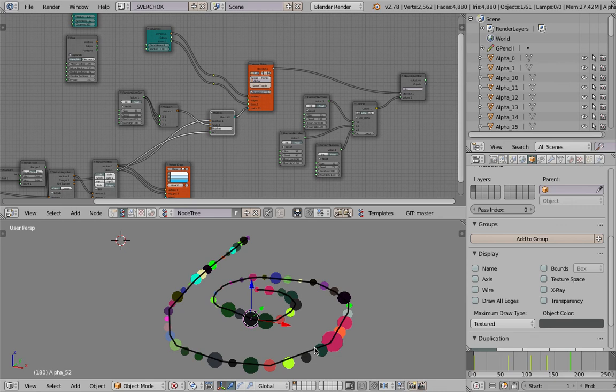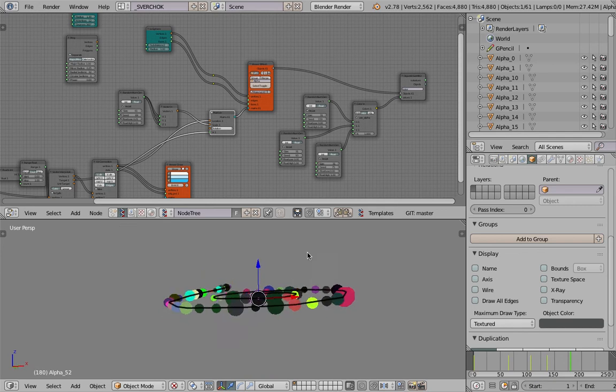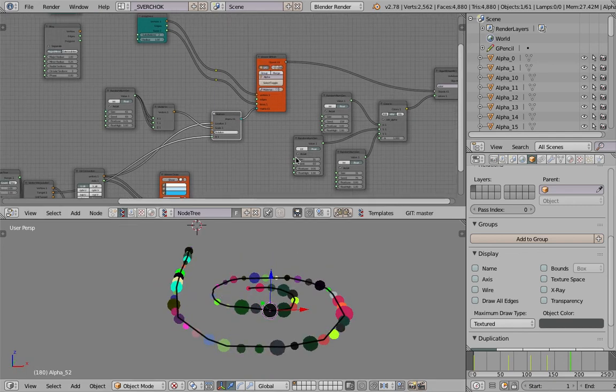Yeah, so that's pretty much it. It's an exploration of the Sverchok add-on in Blender, the procedural way to generate duplication of objects, and this is how you might want to